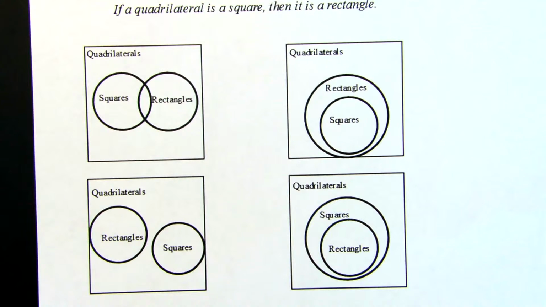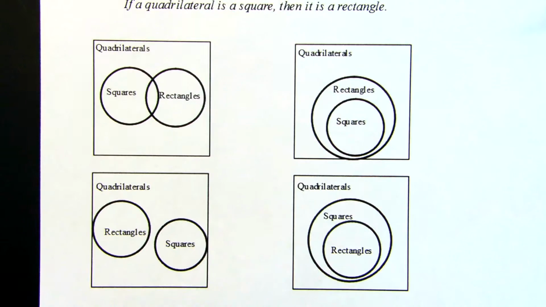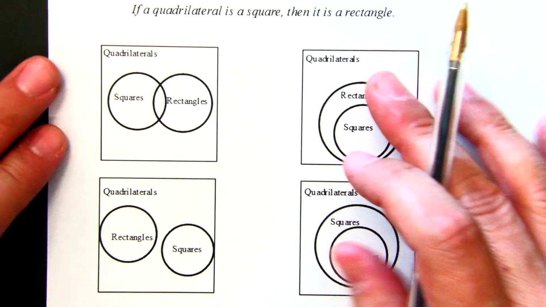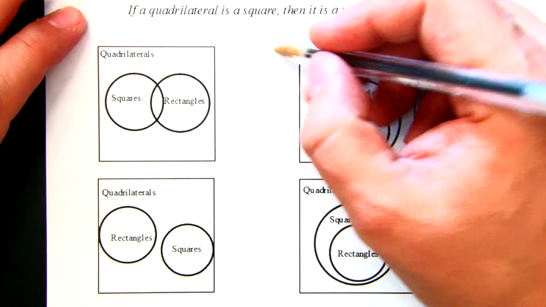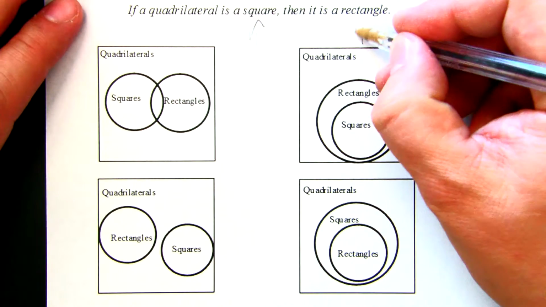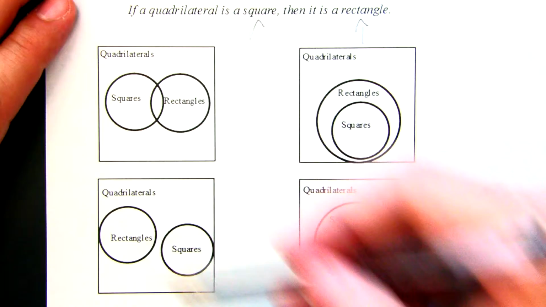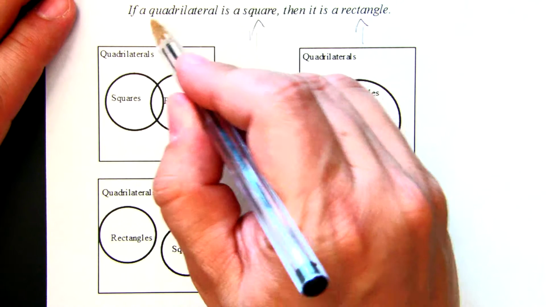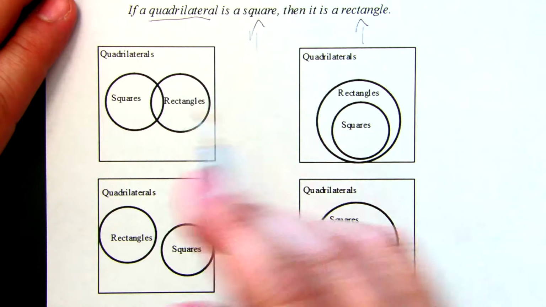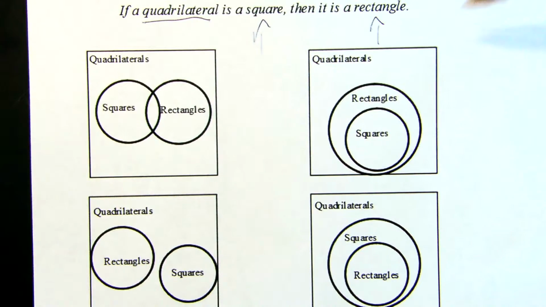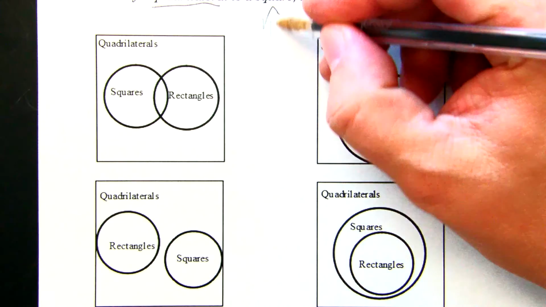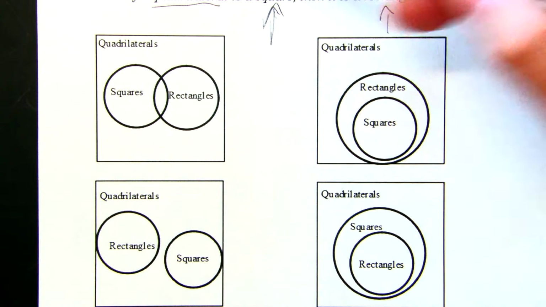Alright, so first one, Venn diagram for the following statement. If a quadrilateral is a square, then it is a rectangle. So what is this saying? It's saying that anything that's in the square category is also in the rectangle category. So we'll just look through that. The whole quadrilateral part is kind of a red herring. It doesn't really matter to the problem. So what we're looking for is the one that shows me that anything that falls in the square category falls